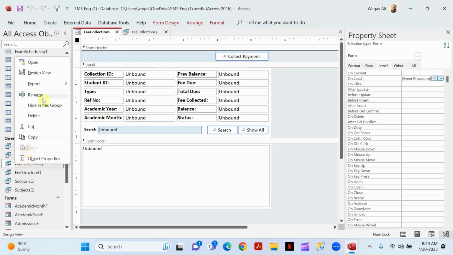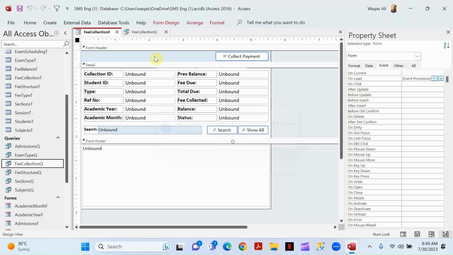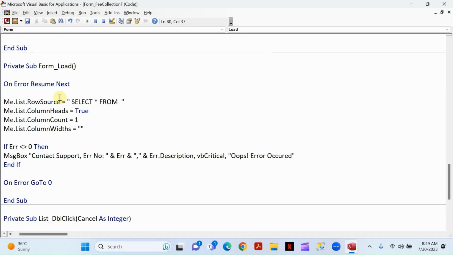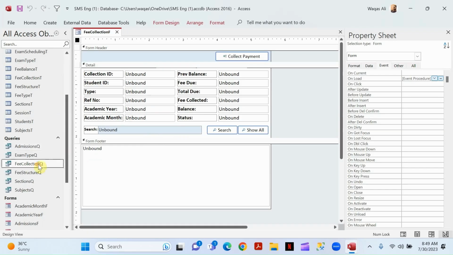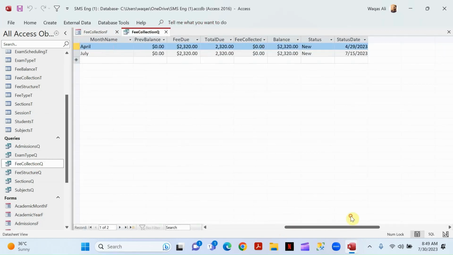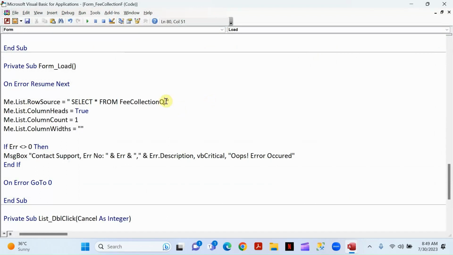So just to avoid any error, it's already open, so I copy the name and I paste in here. So select everything from fee collection where, remember, I want to fetch the information only that has a status new. Okay, where clause, where status equals new. All right,